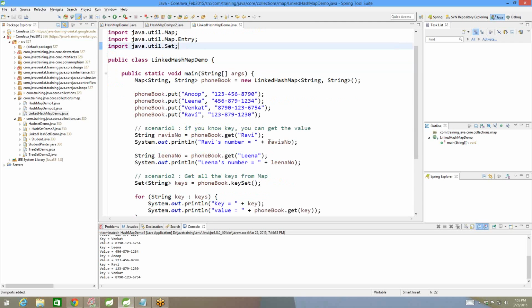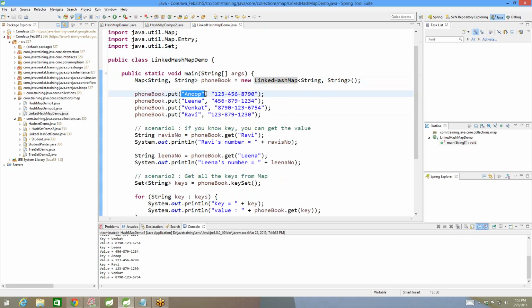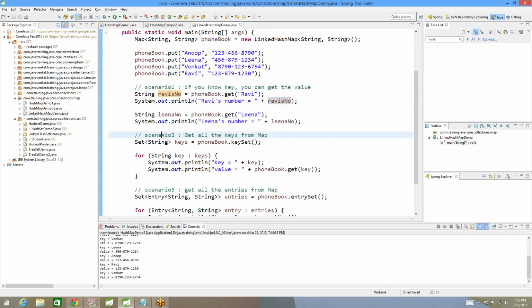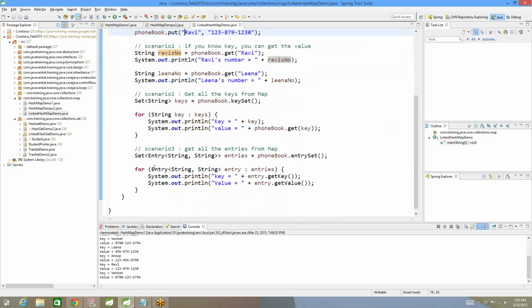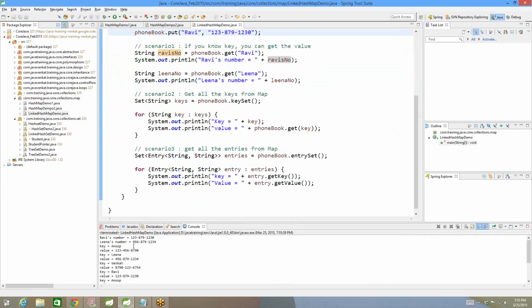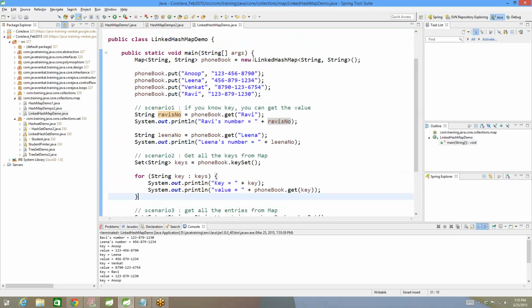Anyways, that's not my point. If you use a linked hash map, it will maintain the order of the keys. So when you get it here in scenario 2, you're asking for all the keys, right? Then you will get exactly in this order, Anup, Leena, Venkat, Ravi. If you want to take a look at it, take a look at it. So it maintains the order because under the hood